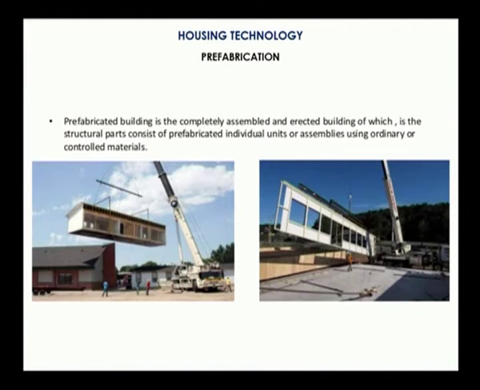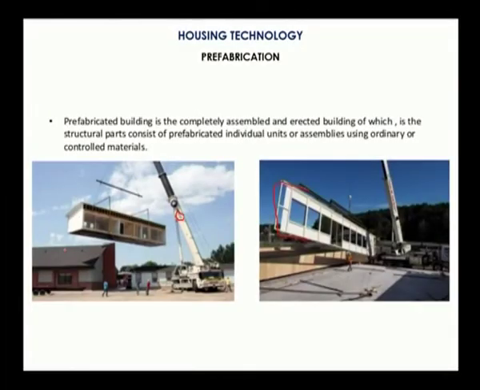And it is defined in a way that it is a completely assembled and erected building of which different parts, as you could see over here, walls, doors, frames and everything are prefabricated separately and assembled on site as a unit. So, the unit itself is assembled off site and it is carried and placed on the original structure. So, prefabrication has a lot of advantages in terms of speedier construction, achieving the deadline at a much earlier stage, and the logistics and everything would not add to the initial cost of mass housing.